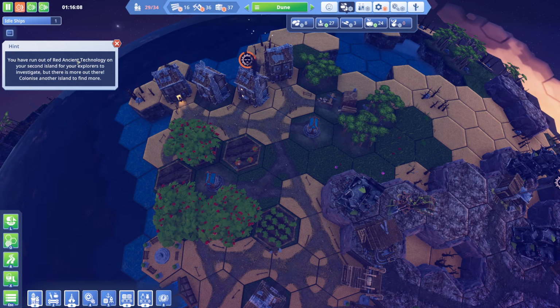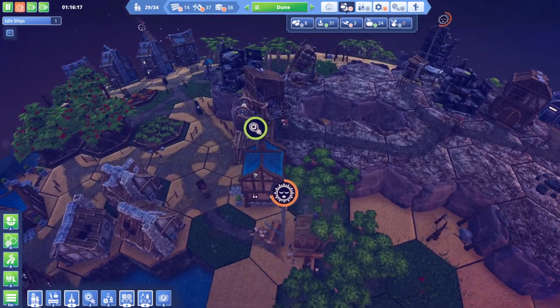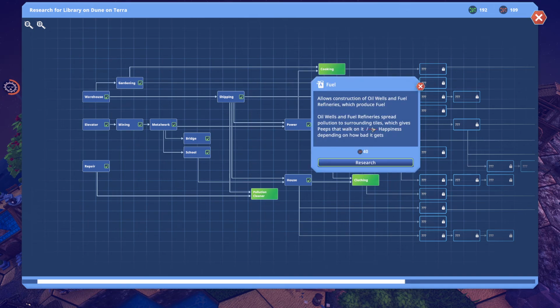You have run out of red age technology in your second island for your explorers to investigate, but there's more out there. Colonize another island to find more. Yeah. So that is something we do want to do, but we still have 100 left. Fuel. What do we want with fuel? Allows the construction of oil wells and fuel refiners which produce fuel. Spread pollution. Yeah, of course, everything does, but